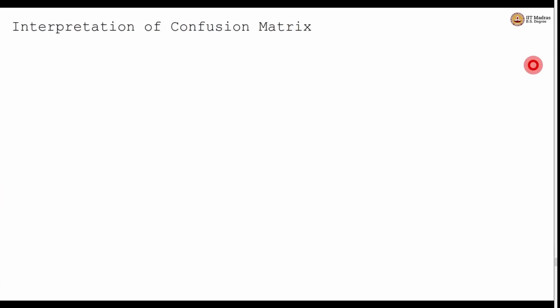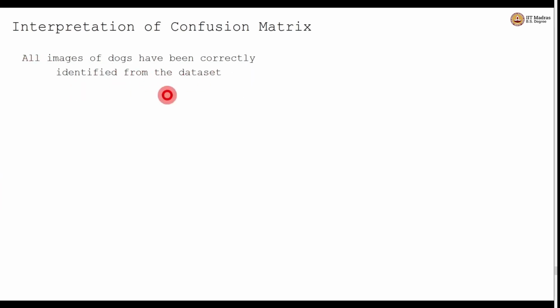Now how do we interpret this confusion matrix? What we can consider is the statement that says all images of dogs have been correctly identified from the dataset. So if you go back to the initial images that we had seen, we had images of cats and dogs, and if you were given a task saying I want to be able to correctly identify the images of dogs from this dataset, and the model gives out a statement saying all images of dogs have been correctly identified from the dataset, it does not necessarily mean it